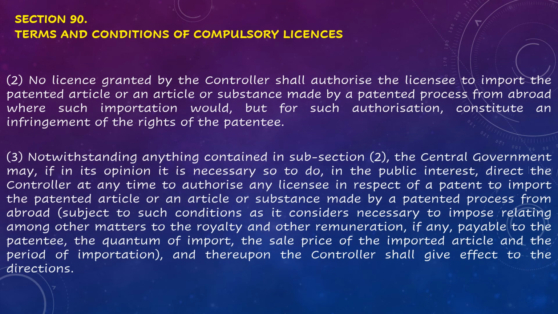That is, if necessary for public interest, the central government may direct the controller to authorize the licensee for importation of the patented article or the article or substance made by the patented process,